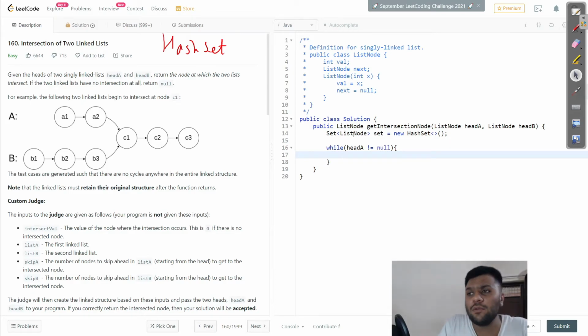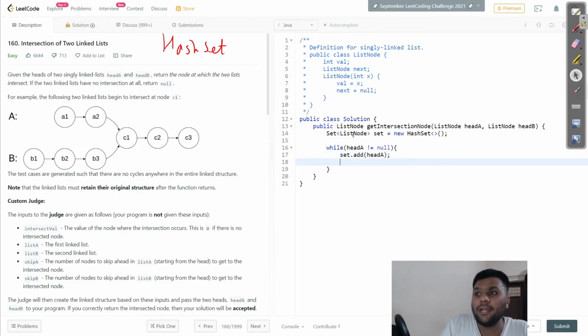Then in this one, I will check. Do one thing first of all: set dot add head a. You have to add head a and do one more thing, then increase the value, just to iterate it. So I will do head a equals head a dot